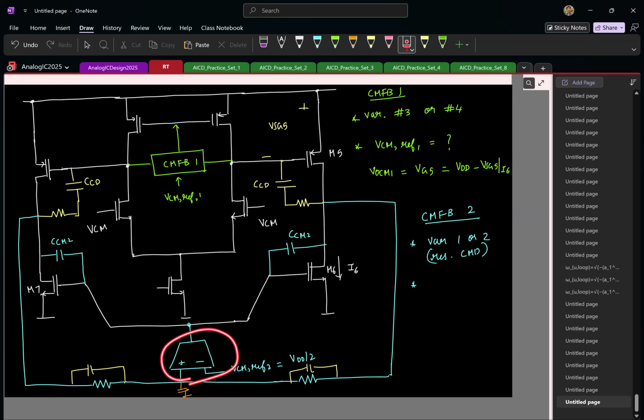So here, what kind of 5 transistor OTA will I use? NMOS input pair or PMOS input pair? What will that depend on? Remember that, generally in a 2-stage OTA, you make design choices based on the second stage. You decide the first stage based on the second stage or vice versa, right? Here the second stage is fixed. Second stage is NMOS based, NMOS input or PMOS input. If this is NMOS input, the first stage should be